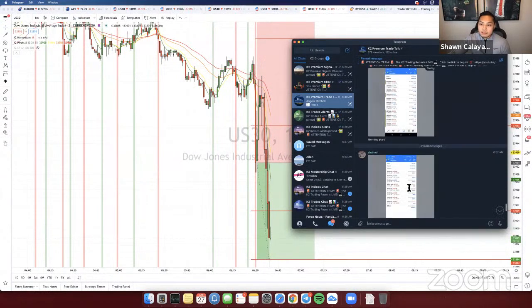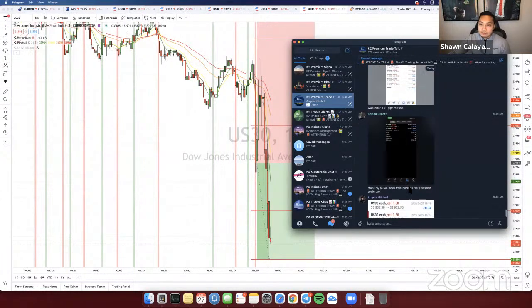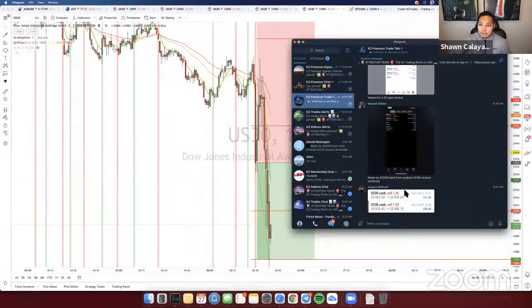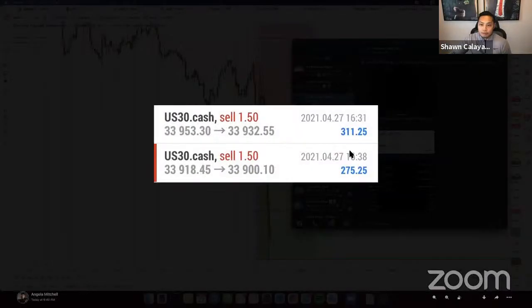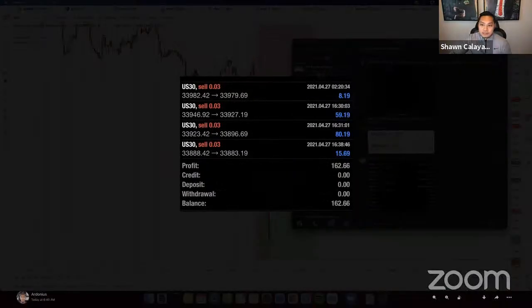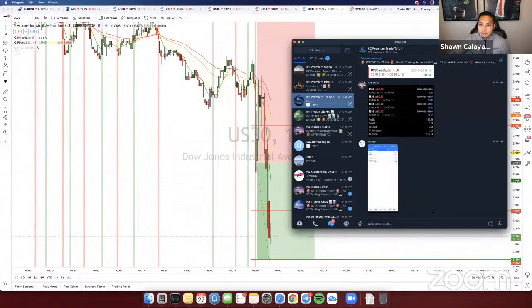I know a lot of you guys probably got scared and pulled out of that trade, right? That was your loss. But all of us here, we did pretty good. So nice profit off that. Rolled and locked in 3,554. Angela locked in about 600 right there. Ardanius locked in 162. So you guys can have small accounts too. You guys can see big accounts, small accounts, doesn't matter, guys.